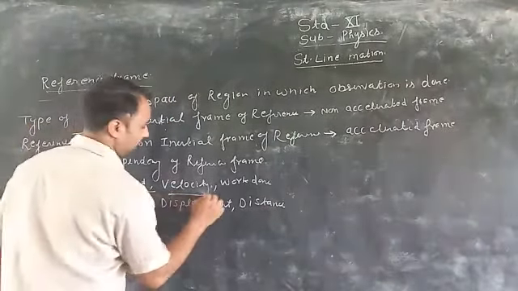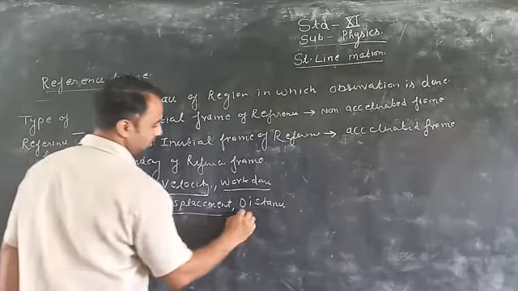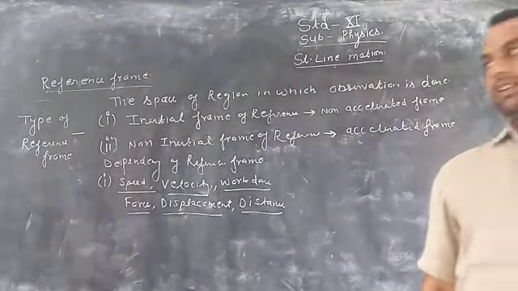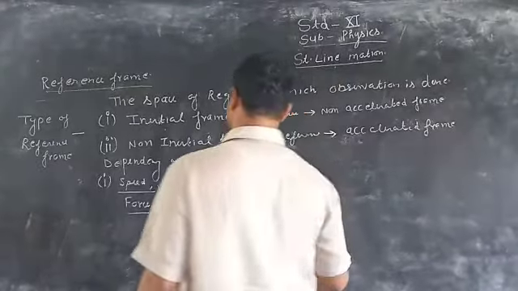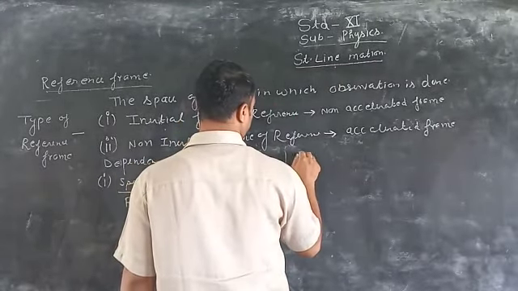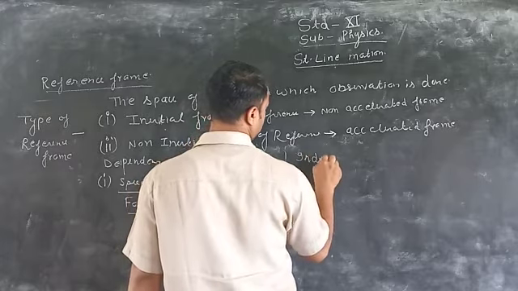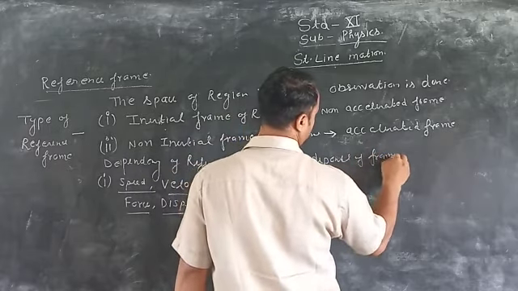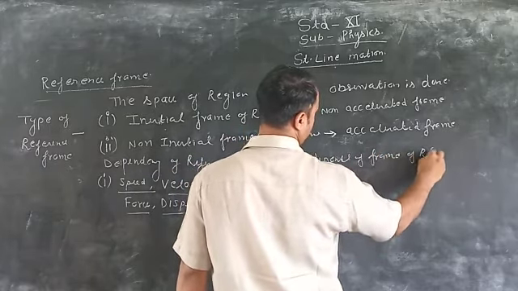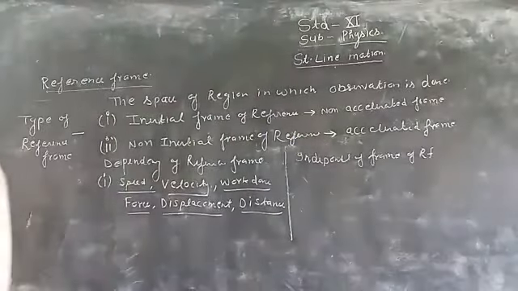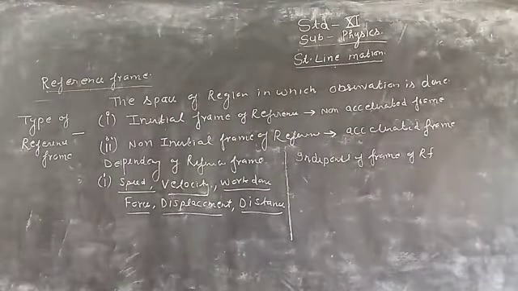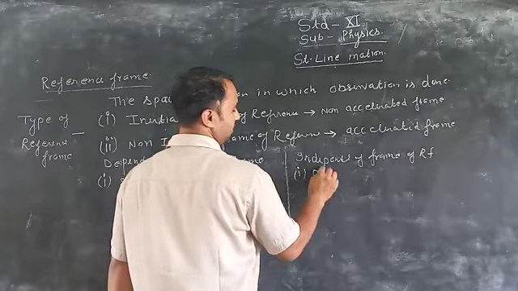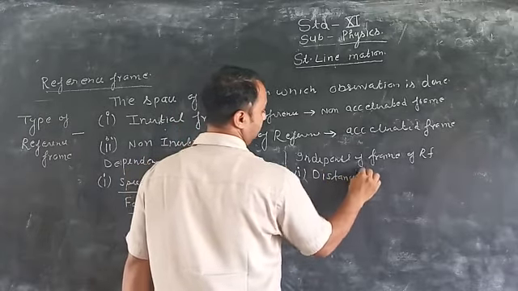These are the factors, but there are various factors. Some of these factors which depend on the frame of reference are written here. Now, independent of frame of reference: there are various points which do not depend on the frame of reference. These points are distance between 2 points,